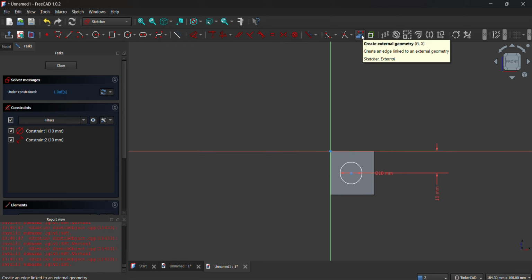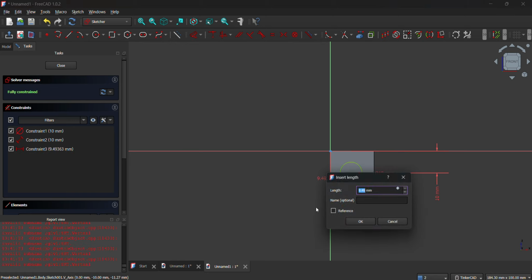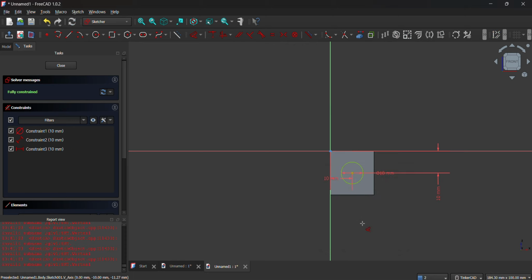So you can click this one, create external geometry, and click here to create a clickable edge. Now let's have this and this at 10. Now notice that it's already green or fully constrained. Then let's close it so we can create this into a cylinder object.